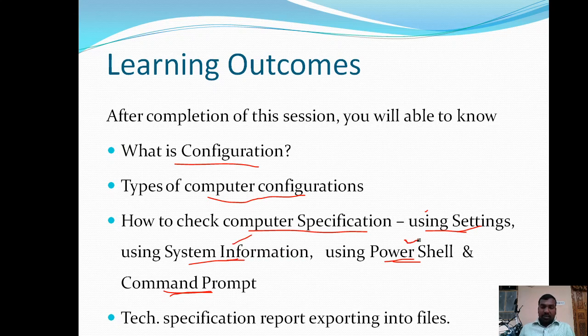If you use PowerShell, there also we are going to get a few information about the system configuration. In the similar way, at last we are trying to use this command prompt to get the system configuration details. Okay, so all are not producing the same kind of output. They are producing some of the configuration details.